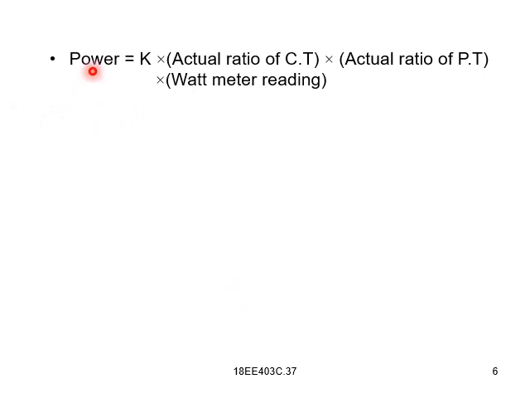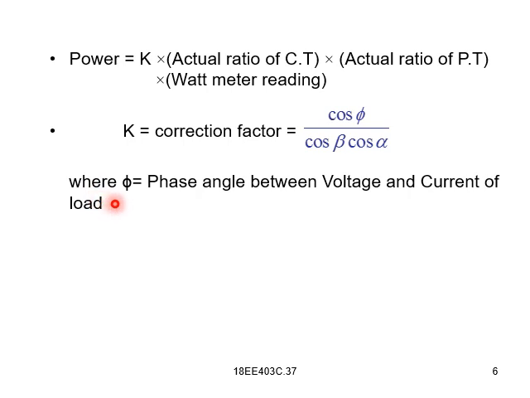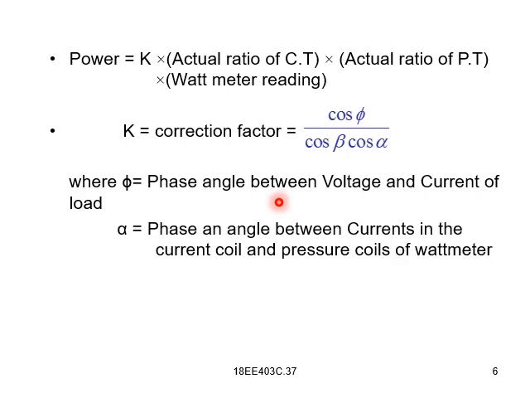Then the power can be measured is equal to K into actual ratio of CT into actual ratio of PT into wattmeter reading. Thereby K is equal to the correction factor, that is equal to cos phi by cos beta into cos alpha, where phi is equal to the phase angle between voltage and current of the load, and alpha is equal to the phase angle between currents in the current coil and pressure coil of the wattmeter,